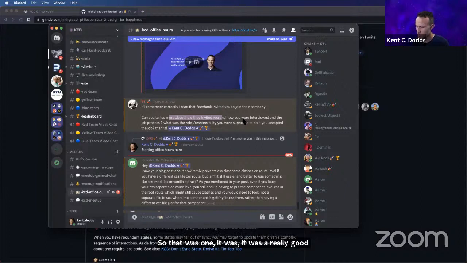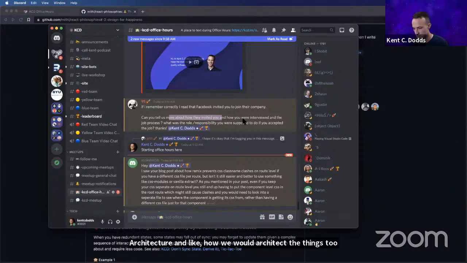As part of that one, we also talked about architecture and how we would architect things to optimize for data loading and everything like that. That was kind of interesting. We also did one where we want to render a bar chart. How would you specifically do the CSS and HTML structure to make that chart work with different constraints?